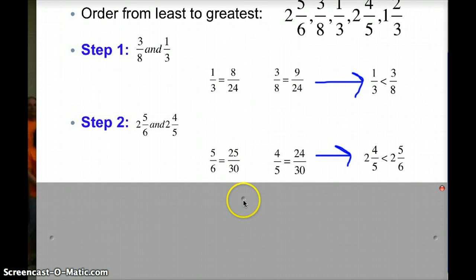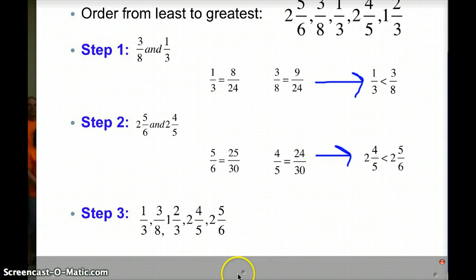All right, the last part is we have to put it all together. So 1/3 is going to be less than 3/8. You can see that at the top. Then I can't forget about this one, right? The 1 and 2/3. Then comparing the